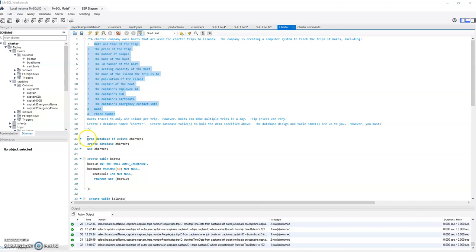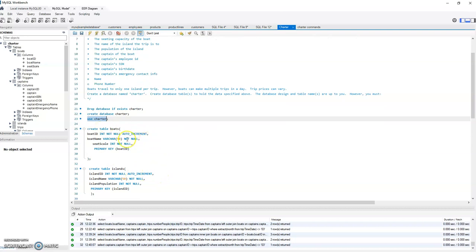Essentially what that does is it's going to remove any information if there's a charter database already in existence, it's going to create the new charter, and then of course we want to use charter. Before we get into what you see in front of us, started off with the first normal form. That was kind of like a rough draft here, and was discarded afterwards, but just wanted to establish that every cell contained a stable value, that each record is unique, that we don't have any kind of repeat